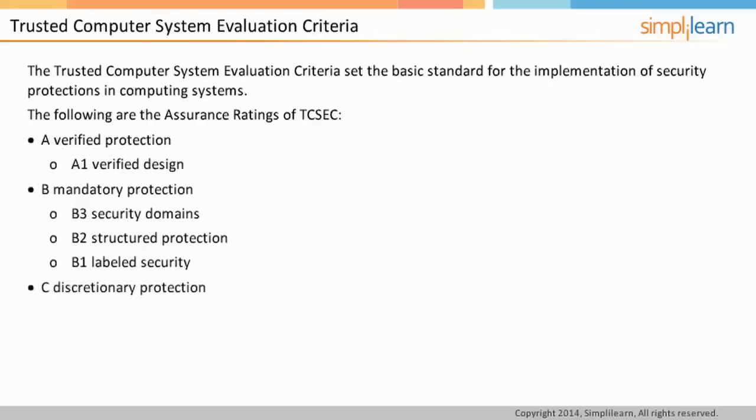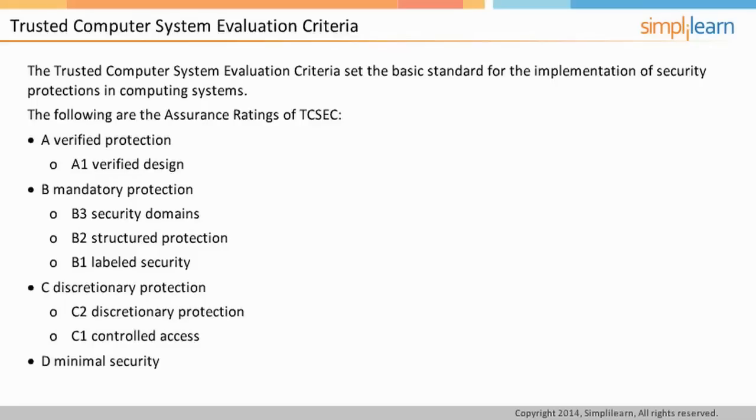Importantly, it is the move from DAC to MAC between the C level and B levels. Most commercial general-purpose computing systems were never intended for MAC and could only achieve a C2 rating. The more rigid requirements for the higher B and A levels also had the effect of limiting the size and scope of the systems being evaluated and made it highly impractical for them to be used in the development of